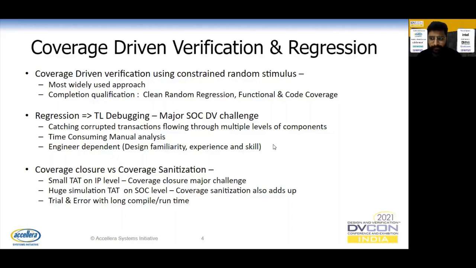With respect to functional closure, we come across two aspects. One is coverage closure, another one is coverage sanitization, code fixes. So if we look at the IP level test benches, which are pretty small, coverage closure becomes a major time consuming task where we try to use some sort of automation to get directed cases generated by some script to save human effort. But on the other hand, if I talk about the SoC level verification,